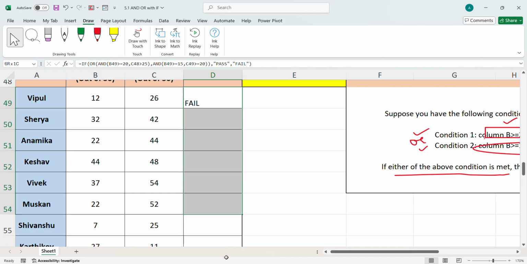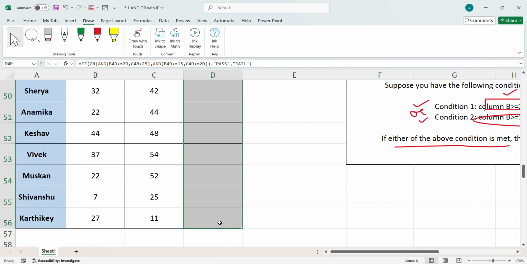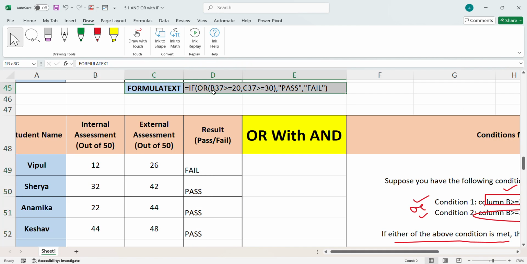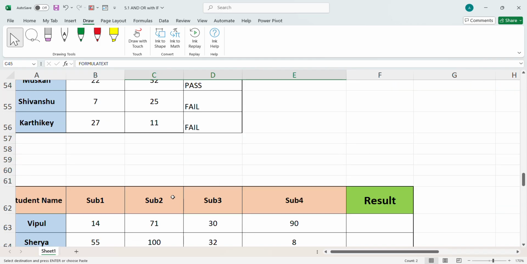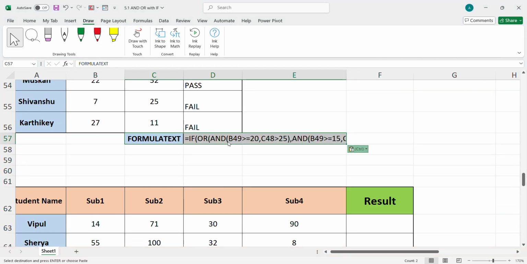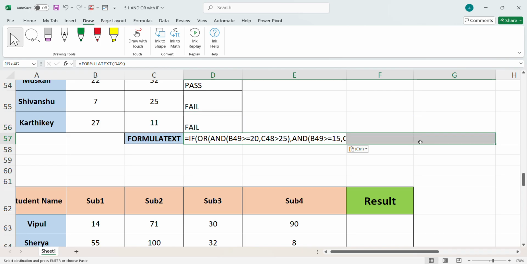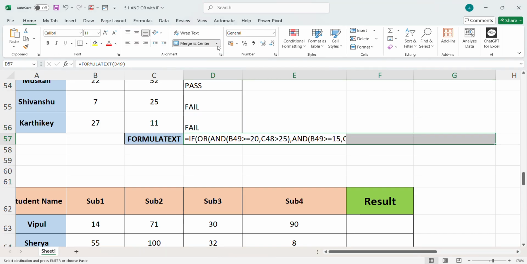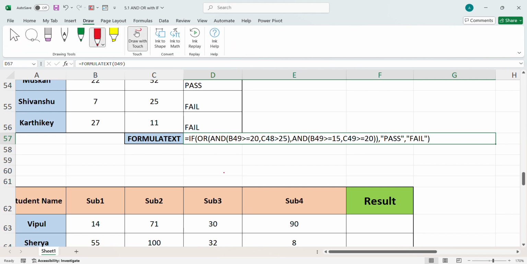Enter. So this is fail, and then we just press Ctrl D, then we take formula text and just print it over here. Look at what we did: merge across. If you look carefully, this is one AND, this is one AND, this is the second AND, and this is OR. If either of these conditions is true,